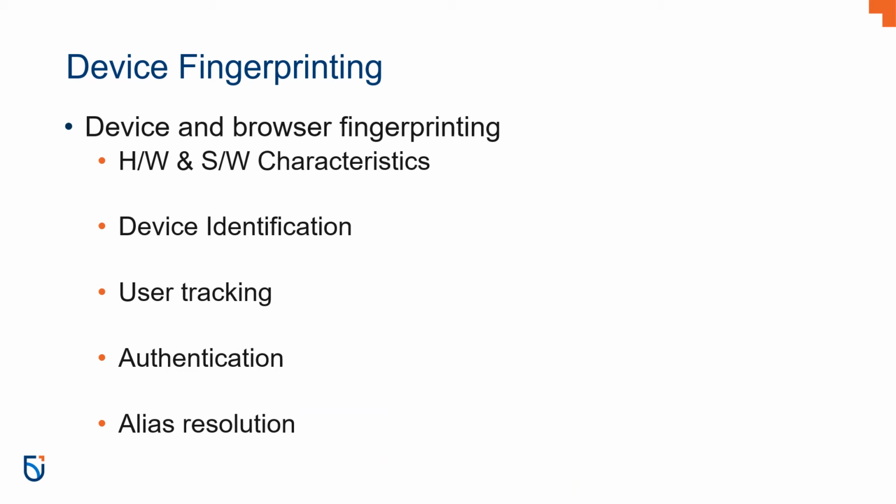Moving forward, we have device fingerprinting, where browser fingerprinting is a practice of measuring device-specific attributes from within a web browser to perform stateless tracking of internet users or devices. It comprises hardware and software characteristics of the device in order to identify the device or track the user, for authentication, or for alias resolution, which is an internet measurement application. So to find this device fingerprinting,